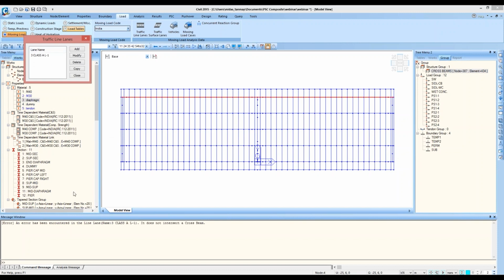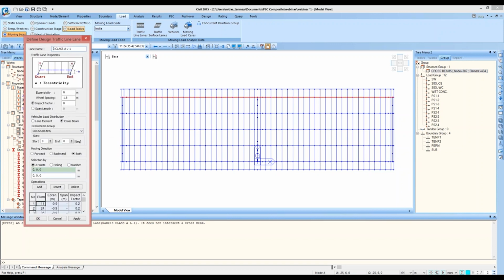Yeah, so in this case it's showing an error that it does not intersect a cross beam. So that is because there is some problem with the eccentricity that we have added. The eccentricity in this case should actually be positive.